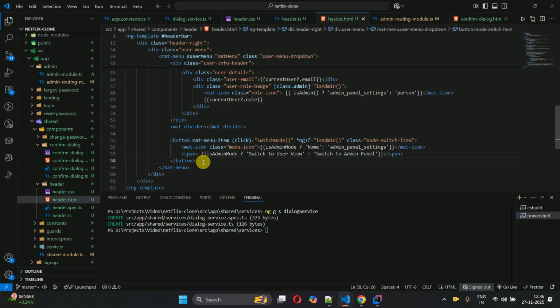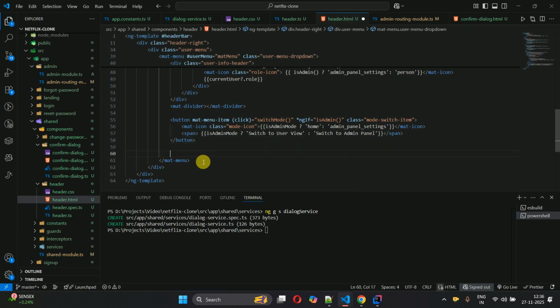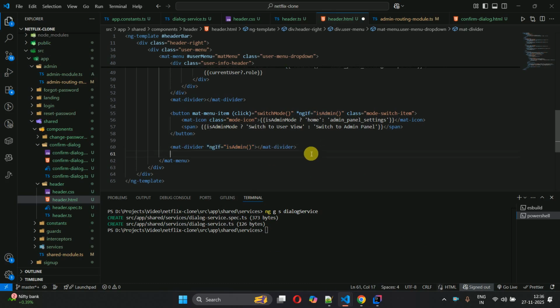So after this, just add a mat-divider, and this will be only visible if user is admin, because otherwise it will show twice, right? Sorry, here we forgot to add the asterisk symbol. So isAdmin, okay, this one also needs to be removed, it's my mistake. Just remove this, and then *ngIf isAdmin like this,